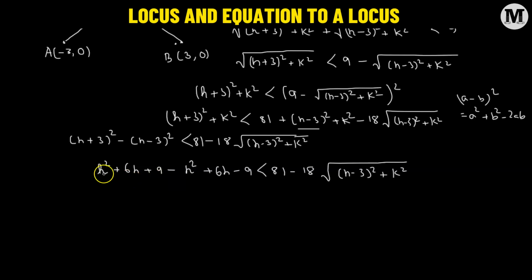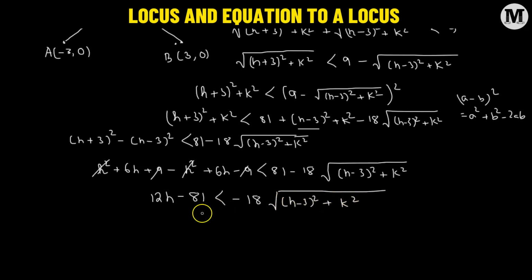This is very simple algebra. You can do it step by step. h squared, and then we have 9 and -9 cancelling out. 6h plus 6h, that's going to become 12h. So let's transpose 81 also to the left hand side of the inequality. Now we have 12h minus 81. This is going to be less than -18 times square root of (h minus 3) whole squared plus